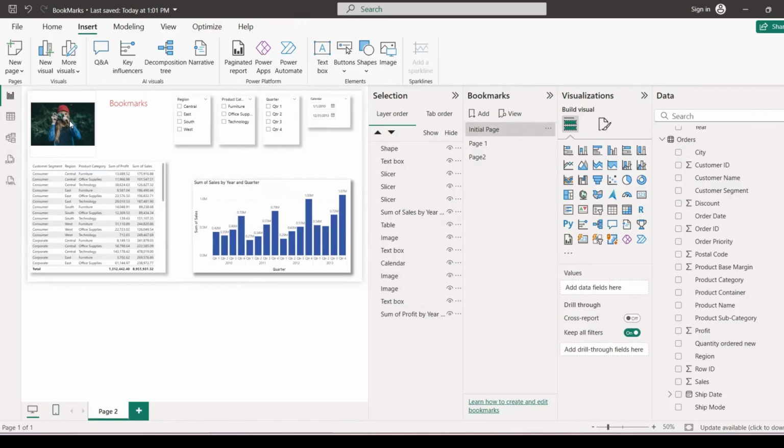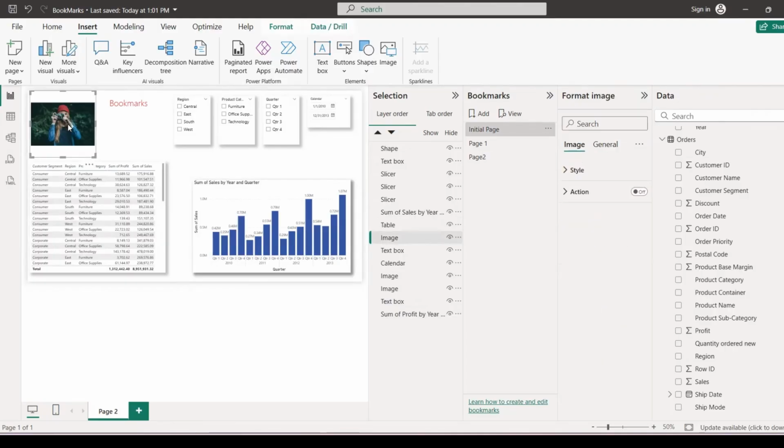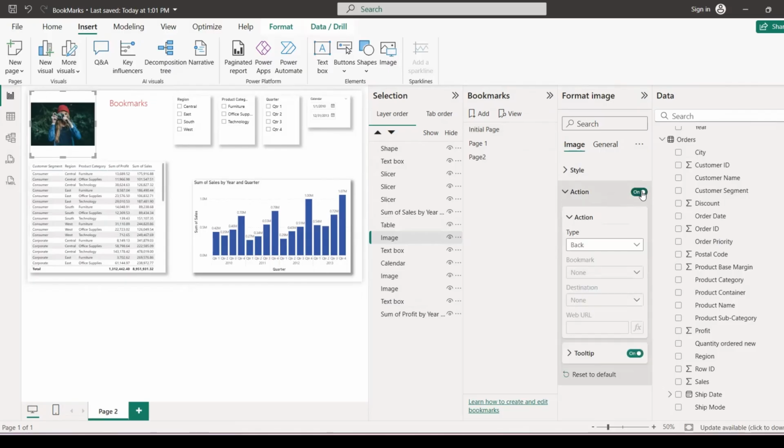Another thing that we can do, we can assign to a picture a bookmark. So that is very easily. If we select the picture and then we go in format side on the action, we click on, and then in the type we choose bookmark, and here we have the option to choose any bookmark we want from our list. So I will change the initial one.